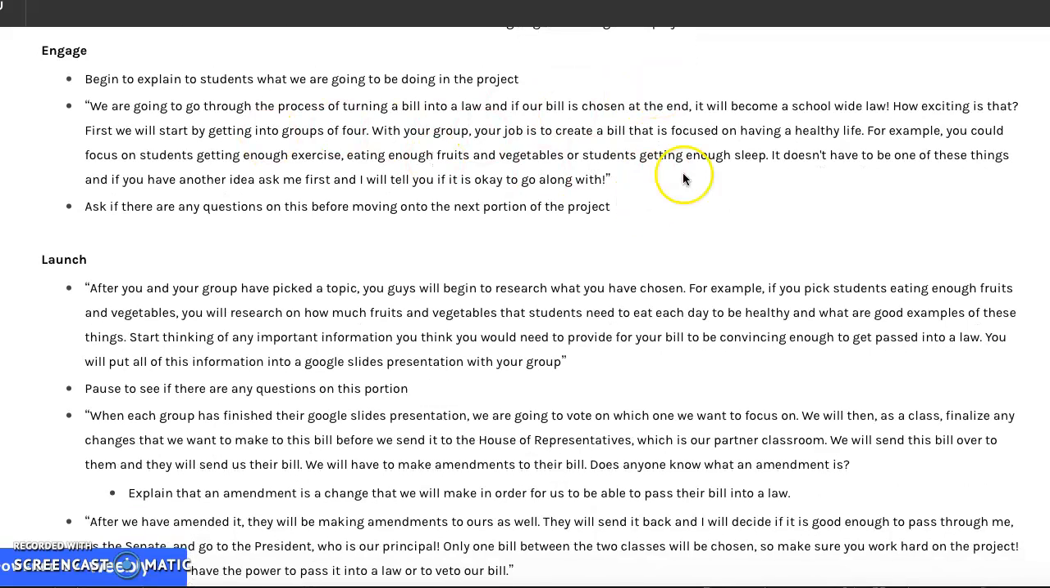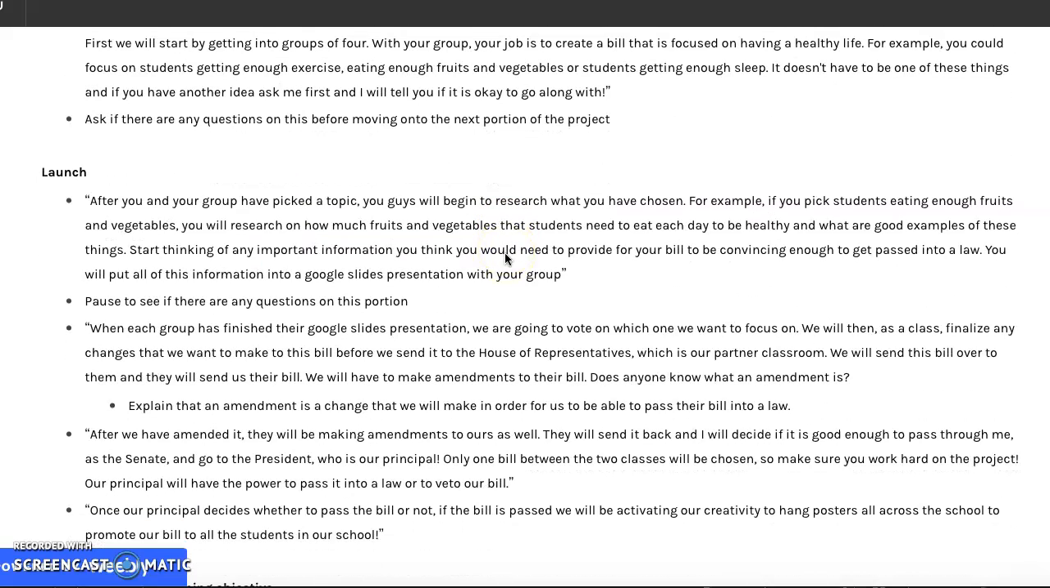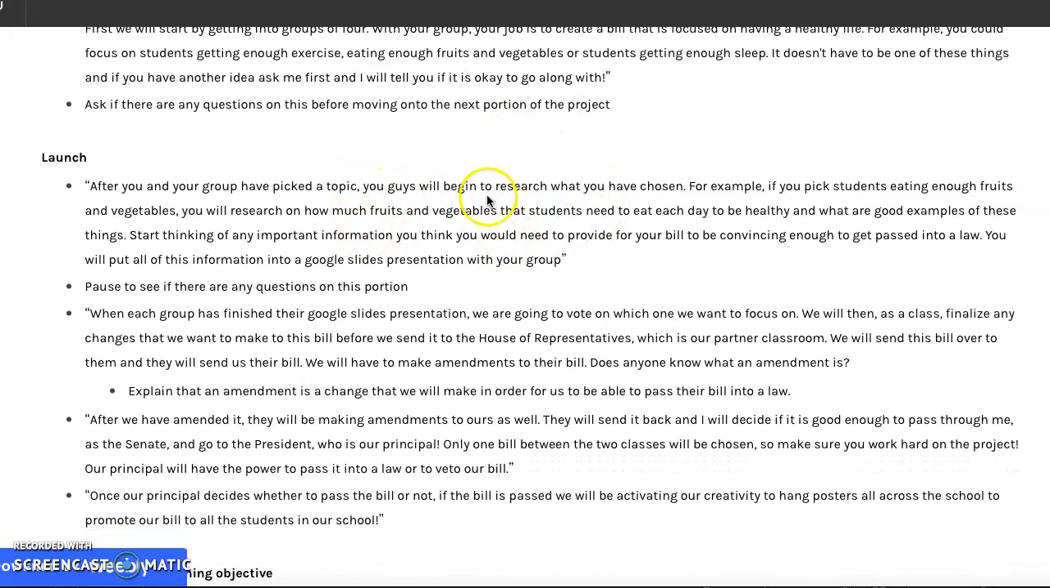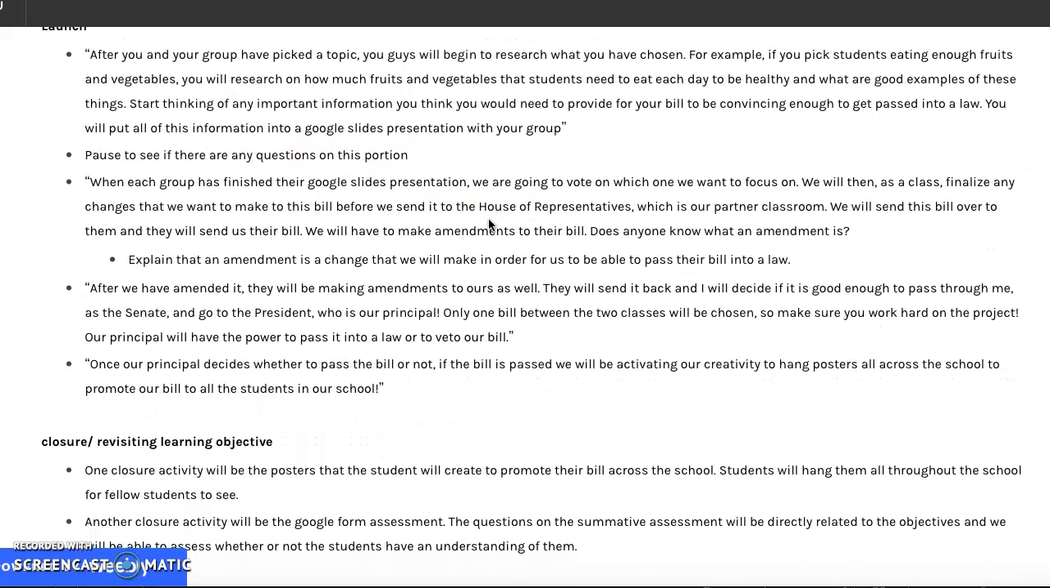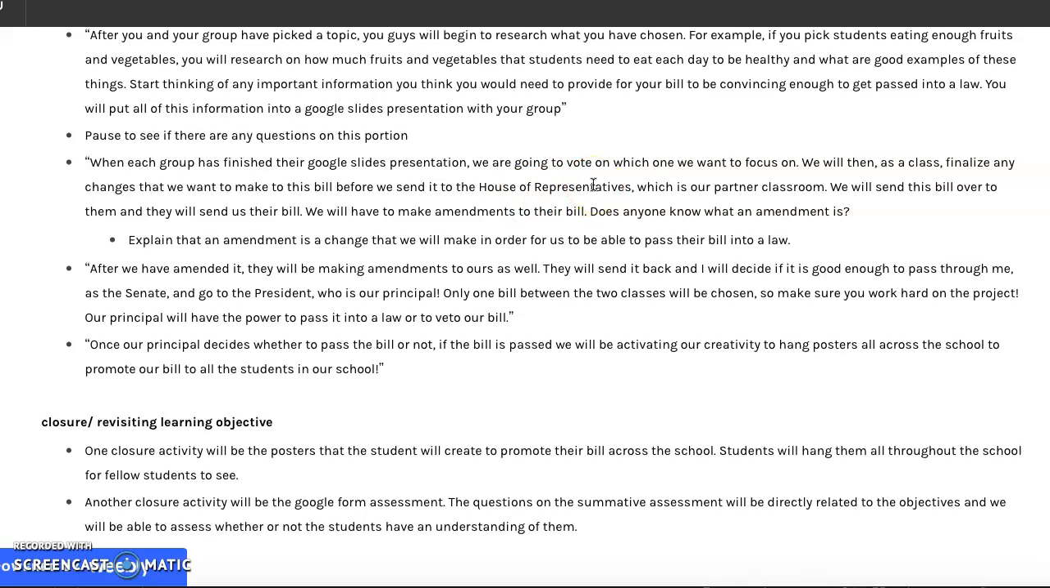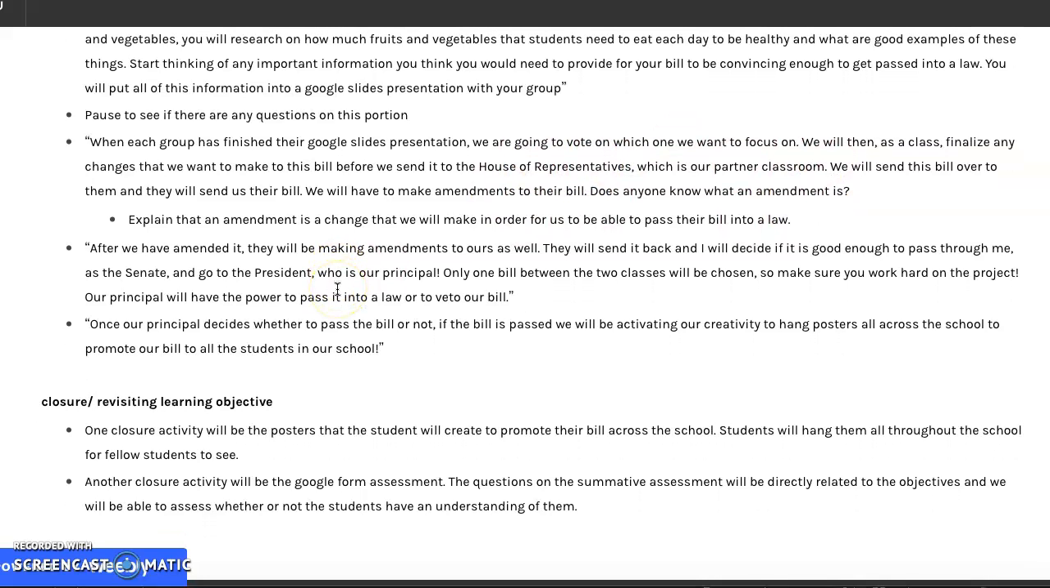And then after we decide on one class topic, the students have to do research to put into a PowerPoint, and that's their bill proposal. And then we'll ask if they have any questions, and then we'll vote and have one to focus on, and then that will go to our partner class and we'll get their bill. And then eventually both classes will have to decide which one bill they want to pass through, which would then go through our teacher or us, and we would decide whether or not to pass it through to the principal